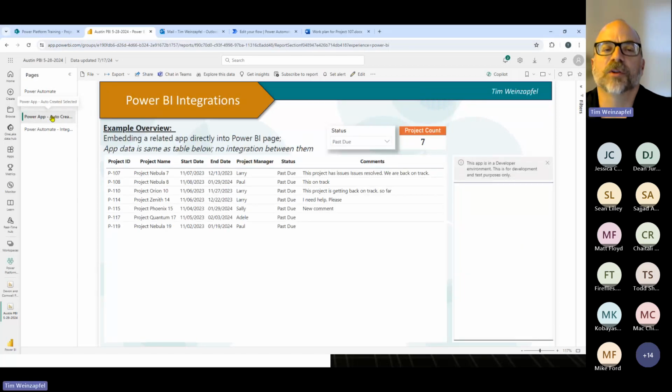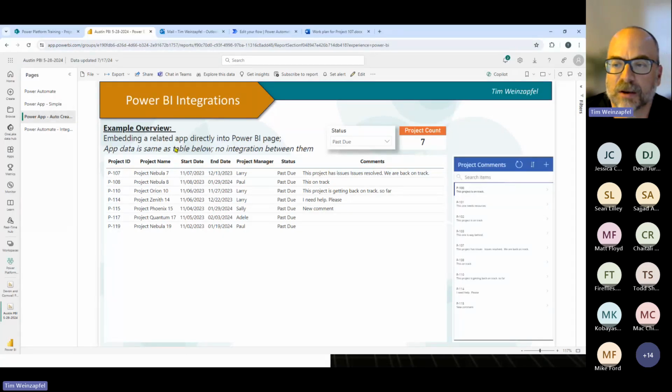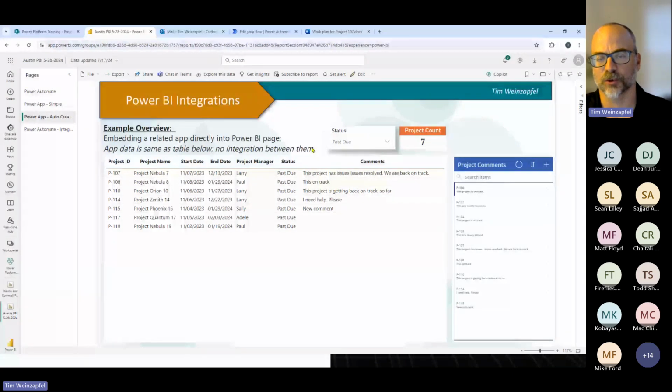So let's go to this example. Here's where I really like the Power BI and Power Apps integration, and that is around, in this case, tracking and commentary. In my earlier example in Power Automate, I had all those emails go to project managers for past due projects, and I want comments. Now, what they would then have to do is